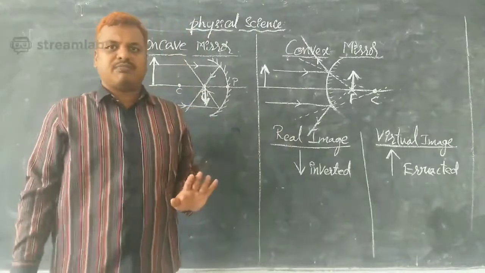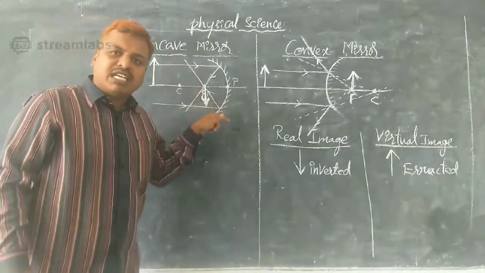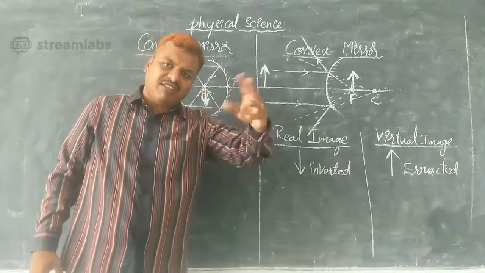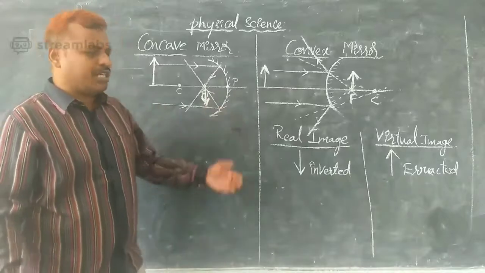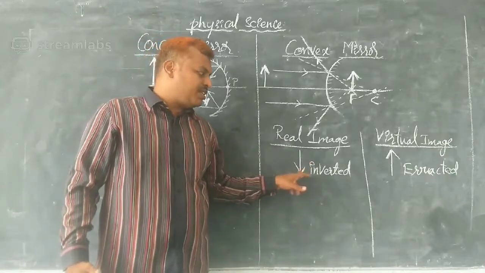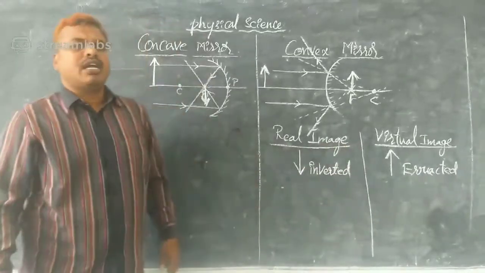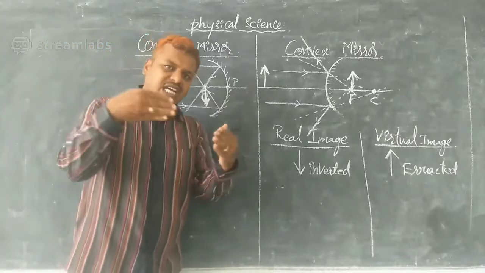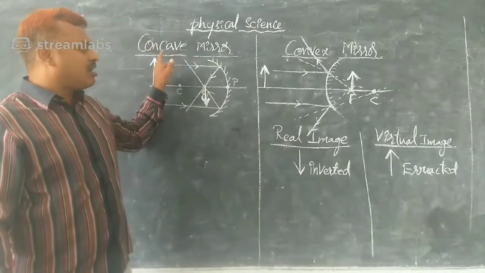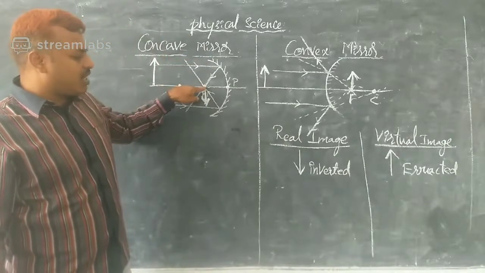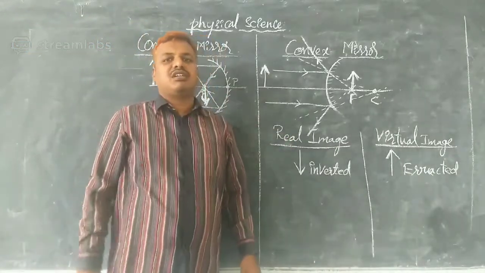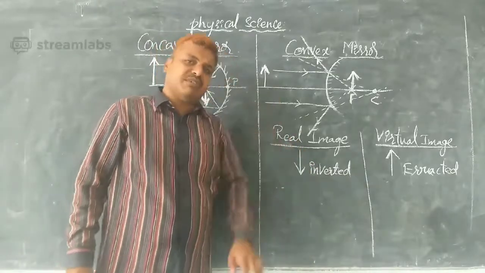So opposite direction only. But here in the spherical mirrors, the object placed in front of the mirror will have different types of images. We are going to see those images also. So here there are two types of images that are going to form. One is real image and another one is virtual image. In concave mirror, all light rays converge at one point, that is why they form real image, and real images are always inverted. Real image is always inverted image.